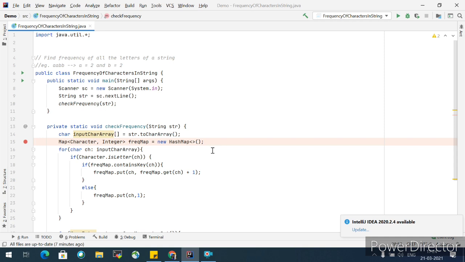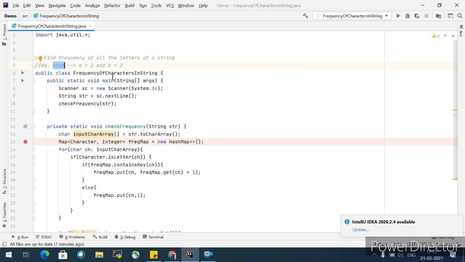The question is that most people ask to find the frequency of all the letters in a particular string. For example, if it is AABB, A occurred two times, so A's frequency is 2, and B's frequency is 2. I have written the code for the same.